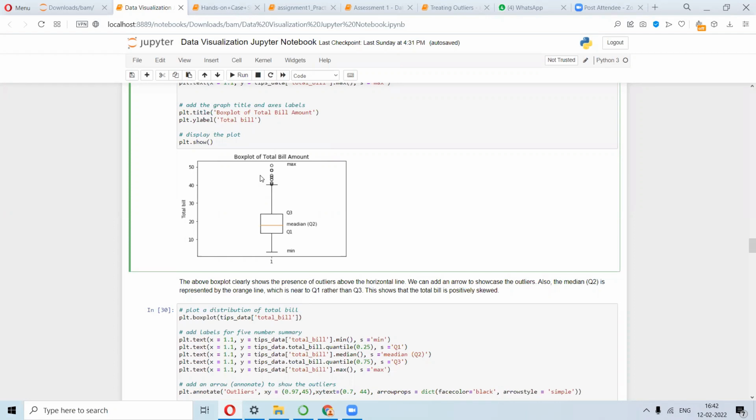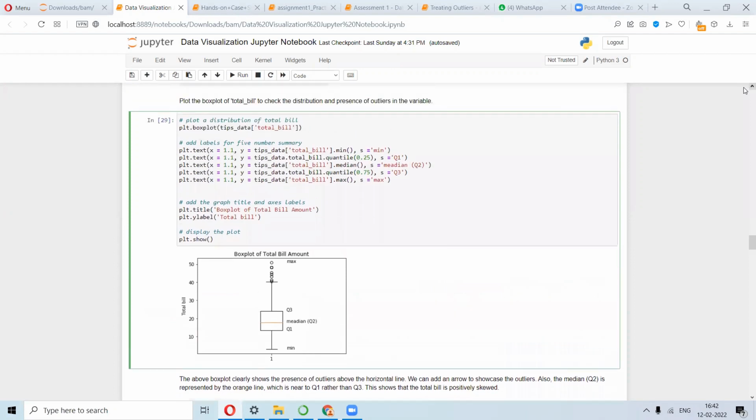So what we have done here is that, see, just a second, let me scroll up a bit. This actually gives you a few things, one of which is the distribution and the presence of outliers. So this will tell you about the distribution of the variable that you are studying, and also if there are any outliers present.